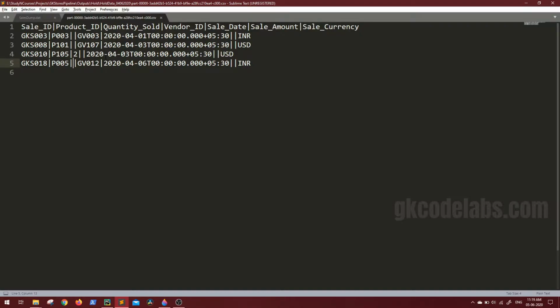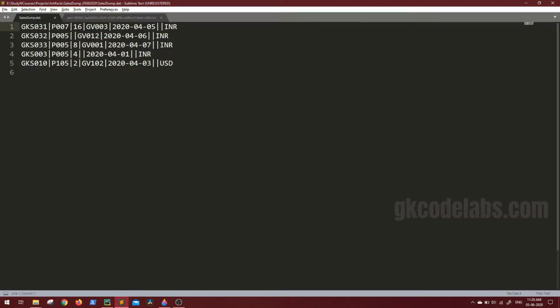Now for today, there are chances of getting new records, obviously, and there are chances of getting an update on any of the held ones. So let us create a sample data set where we will have some new records and some updates for the previous records. I have created one sample data set, and you will get this in the course content. Just follow the same folder structure that I am using.